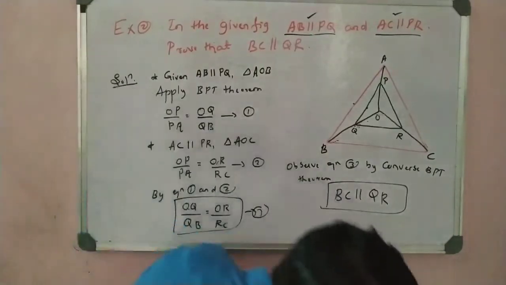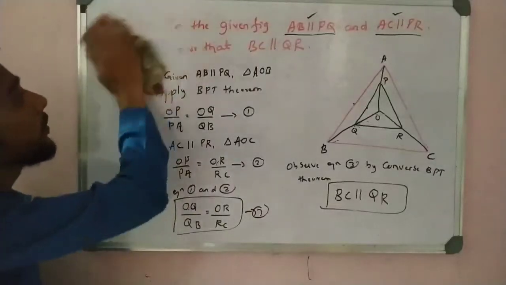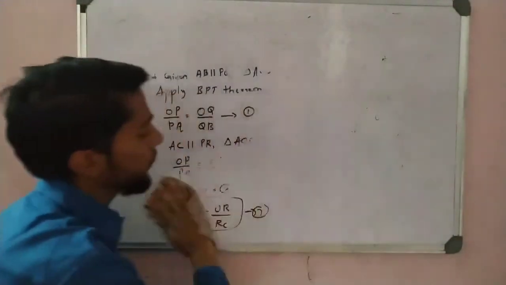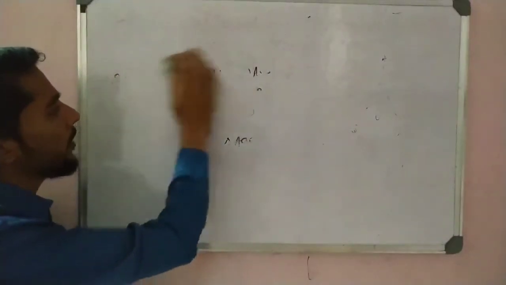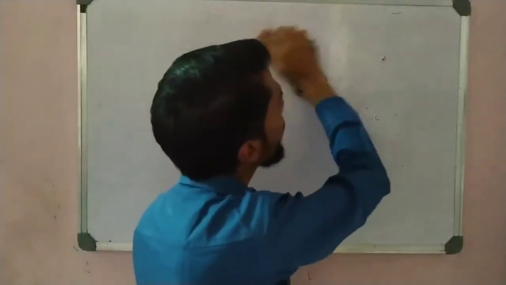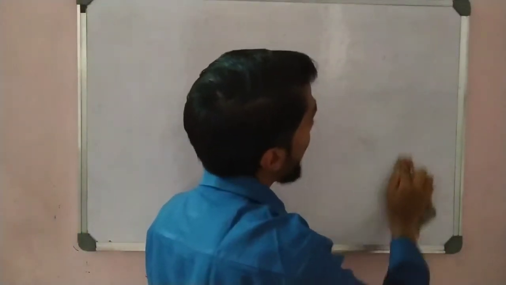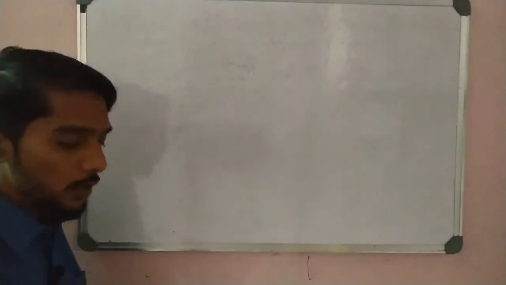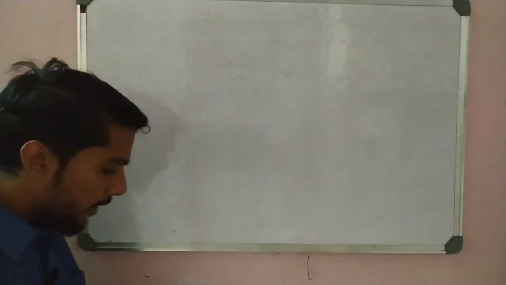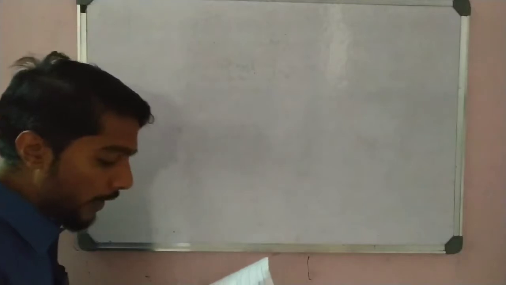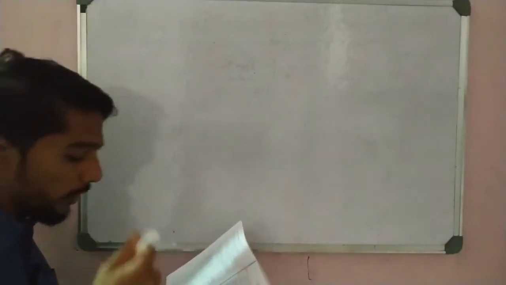After this we can take another problem. Again it is very important. Similar problems are there, almost all like that. They give parallel sides, or sometimes they give parallel lines, or sometimes they give that sides are in proportion. You have to apply the BPT or the converse of the BPT. So I can take another problem for exercise. See here, very important, it is from the exercise and also board examinations.